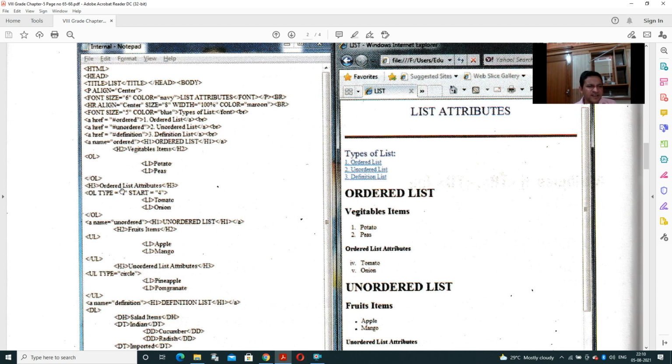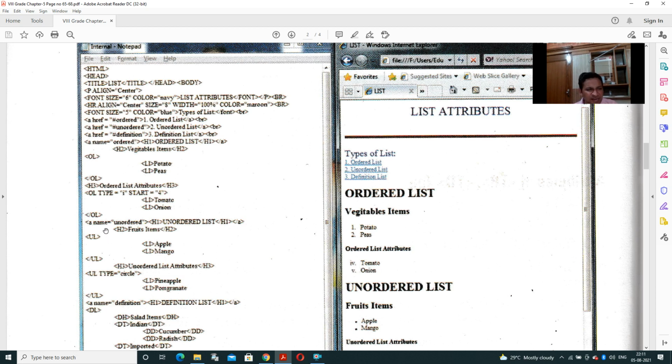After that they have used the header 3 tag, that is the ordered list attribute. The value written in H3 will be displayed in the font size of H3. You are looking, H1 is the largest size, H2 is smaller than H1, and H3 is the smallest out of the 3. Now they will create the unordered list. Before creating the unordered list, they have created one more ordered list that is given with type i in small Roman. So values will be written in small Roman and it will start with value 4. So tomato and onion will be displayed at the 4th and 5th position. It is given as per the output.